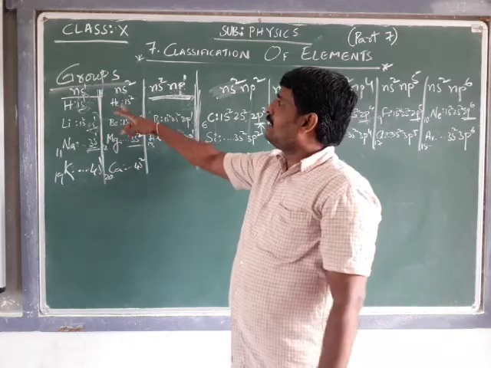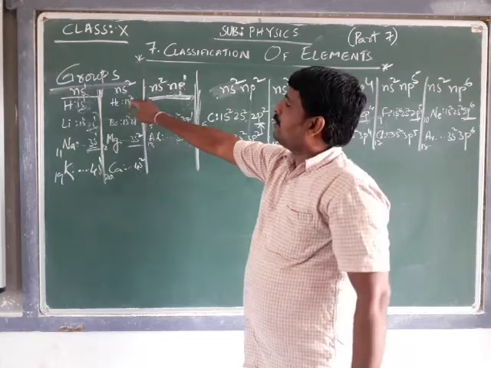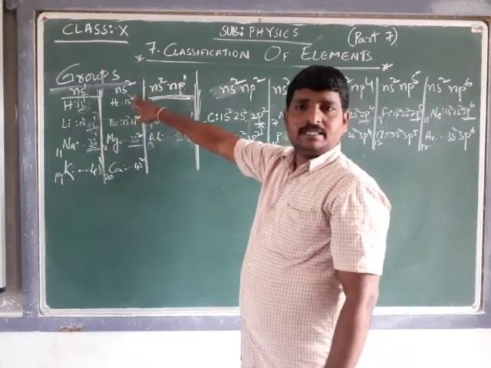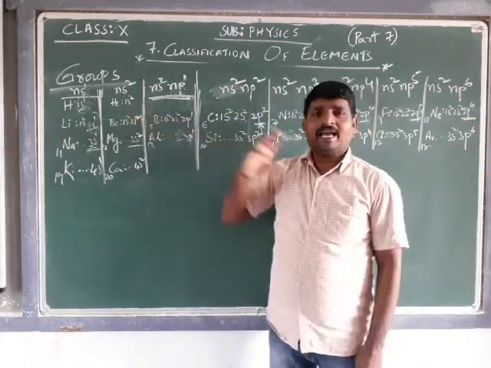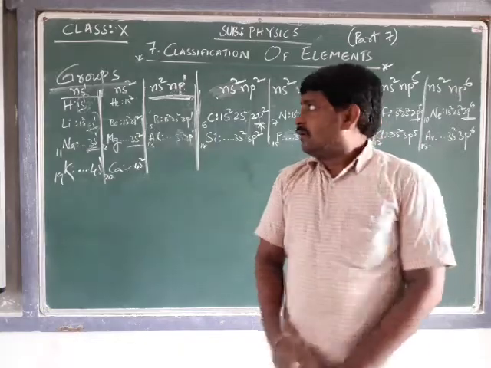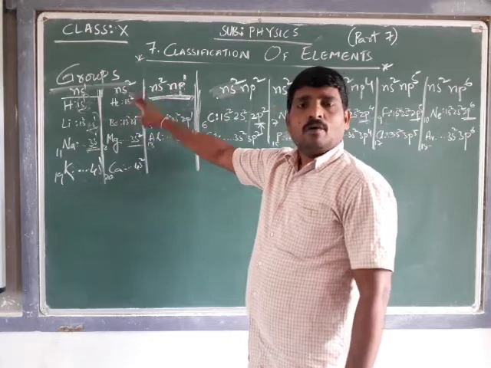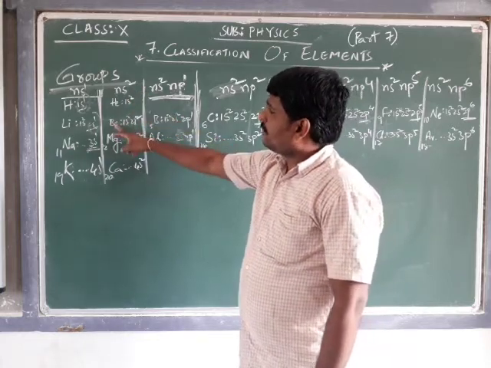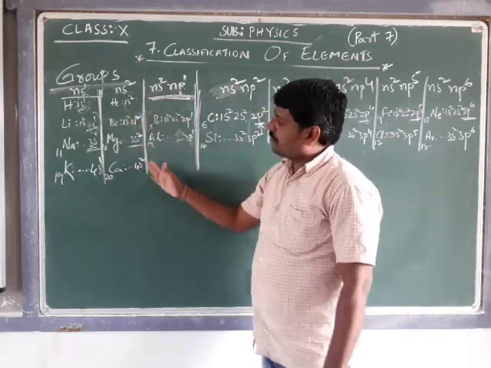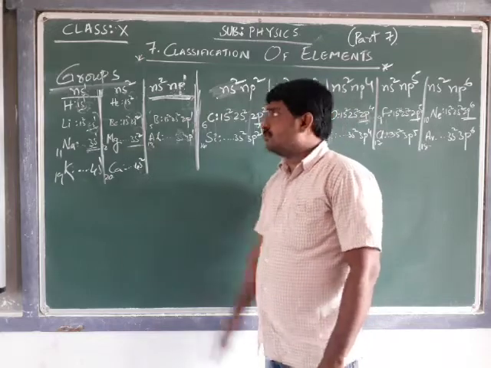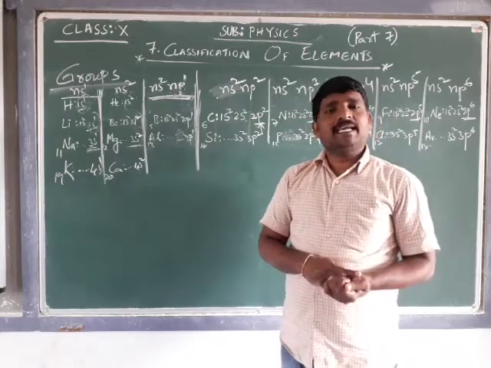Okay. Now the second one. Of course, helium should be taken in the 18th group. Why is it taken so? According to the configuration, it is 1s2, in the second group, but according to its behavior and properties, it will be taken into the 18th group. About helium, we will have a special discussion later on. As of now, as an initial stage, take helium as 1s2. The next one, beryllium, is 1s2, 2s2, that is s2. Our s2 elements, 4s2, 5s2, 6s2, 7s2, that is ns2, the general formula of ns2, fall in the second group.